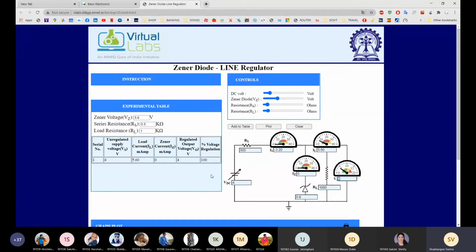Higher line voltage minus lower line voltage divided by normal voltage, the standard typical voltage, and that's why you are getting 100%. And this is a bad regulation. Regulation should be as small as possible. So we will see what we get for the next voltage. Now make it 5 volt DC voltage. Slowly you can change.